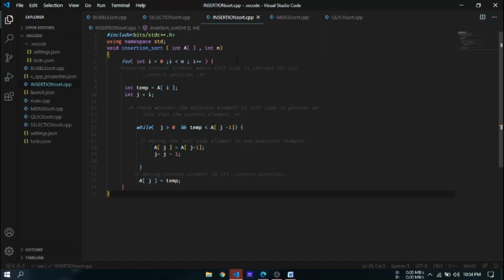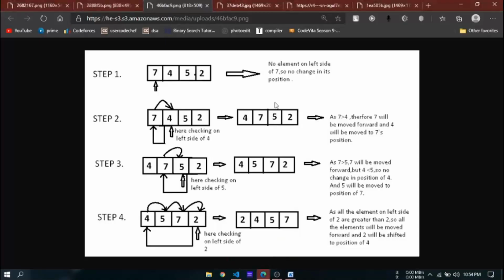So remember that bubble sort, selection sort, and insertion sort, all three of them have the complexity of n square. And how can you remember insertion sort? Insertion sort, as the name suggests, is basically inserting an element. In the first step we insert this 7 into a position such that everything on the left is smaller.